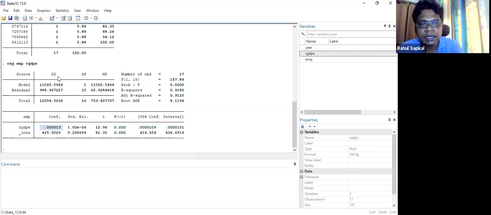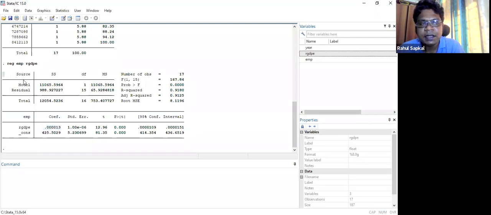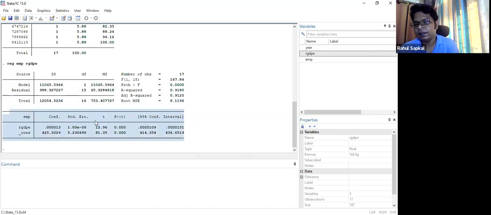And this is more important: sum of square, model, residual sum of square, adjusted R square. These are the values you require. And here in today's class, we have seen the T value, Z value. So here we use the P value for this one. And here you can adjust the confidence interval also. So when you actually report the data, it is a much better, easier way. Actually, you can copy paste and then paste the data in your final paper also. But we don't copy paste this entire output. We only copy paste this one, and we only report this table in real world.